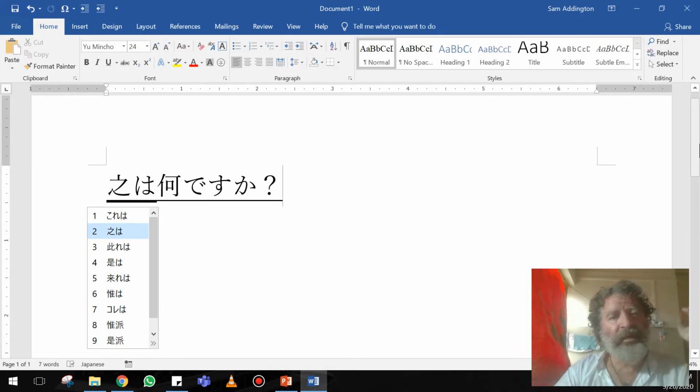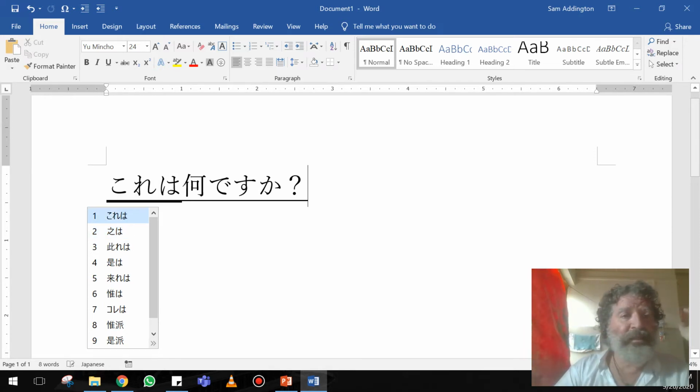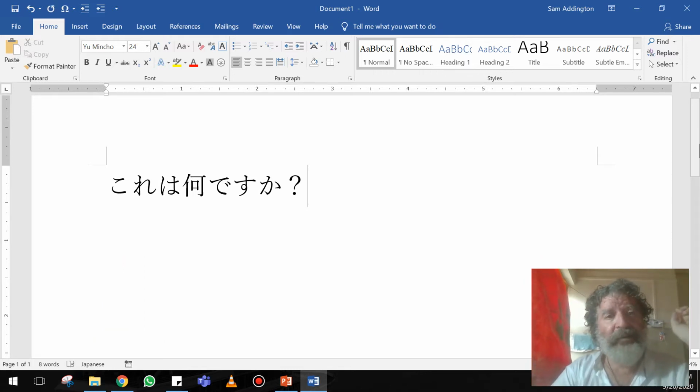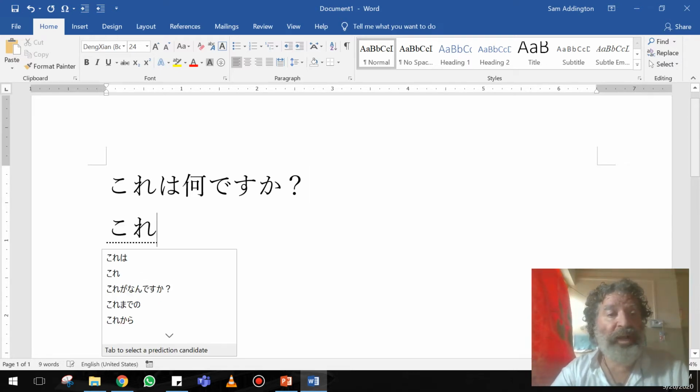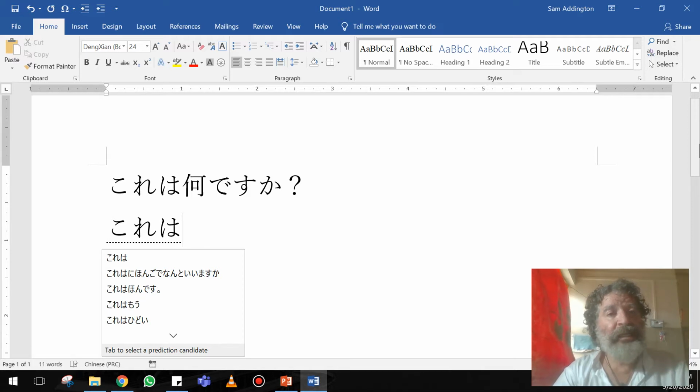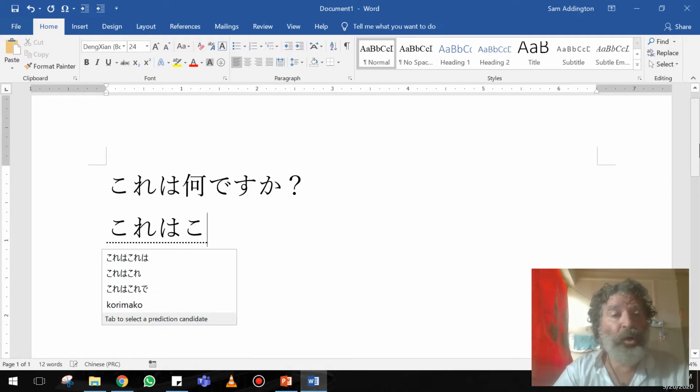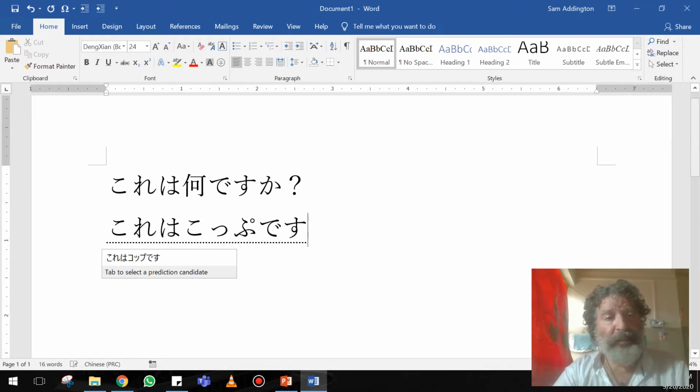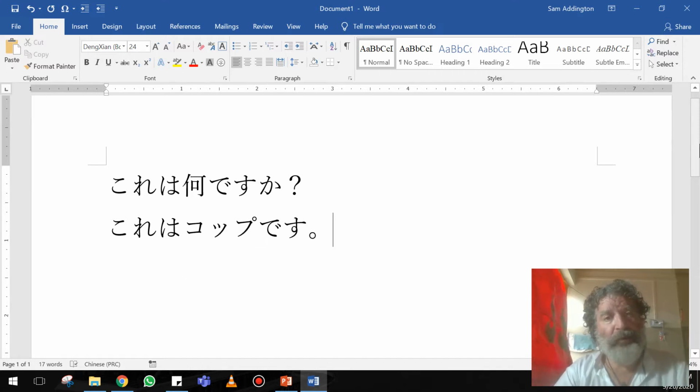Oh my God. That's classical Chinese. We don't want to use that one. We'll go ahead and go with this one. これは何ですか? これはコップです。And see how the katakana also breaks the sentence up. これはコップです。And that's a 小さいつ. It looks pretty big.